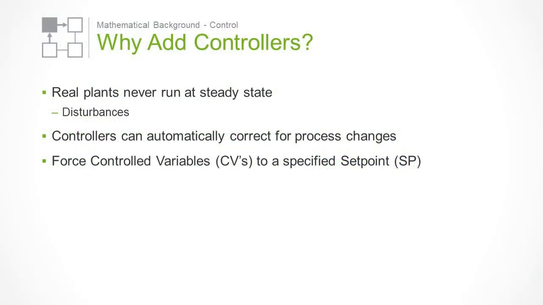Real plants never run at steady state. From an operator changing controller set points, to variations in the feed, to heavy rain affecting the heat transfer from a distillation column, there are always disturbances. To account for these disturbances, we set up controllers to automatically correct for process changes. The controller will try to force certain variables, called controlled variables, to a set point that is given to the